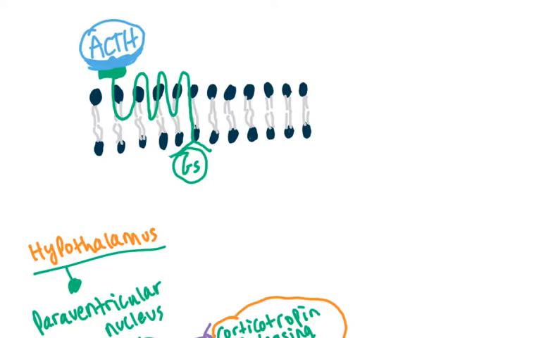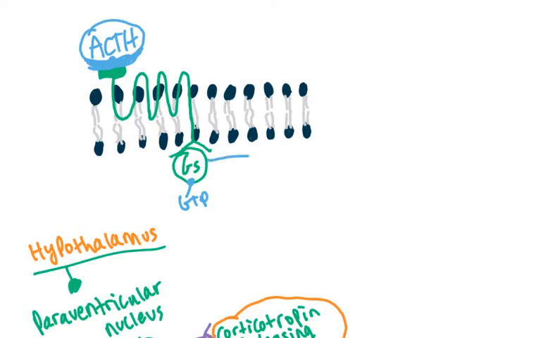Once ACTH binds to the G protein coupled receptor, the G stimulatory protein, which initially has GDP bound to it, will convert GDP to GTP. So GTP will then be bound to the G stimulatory protein. Once GTP is bound to it, it's going to free the G-stimulatory protein, give it some energy, and the